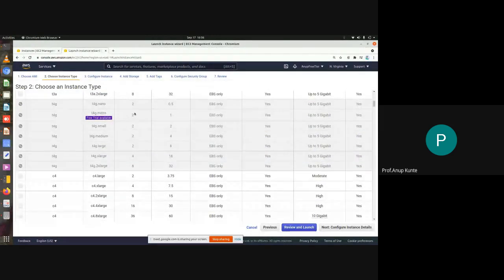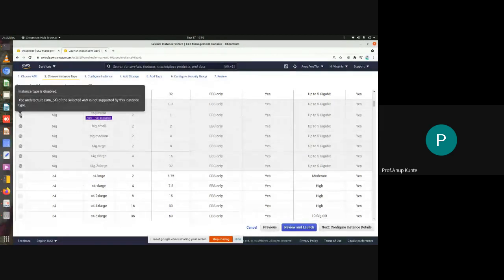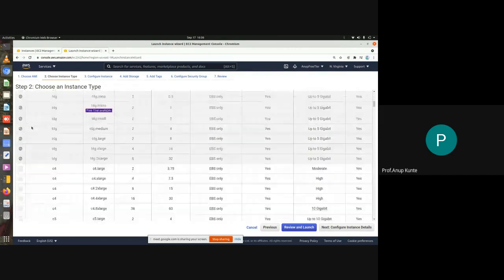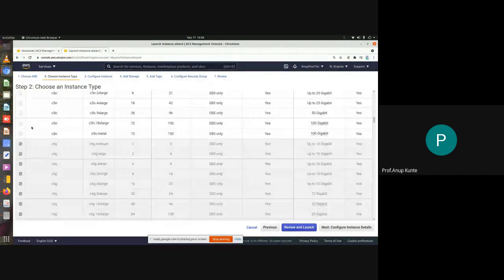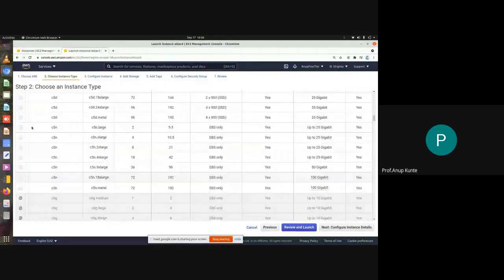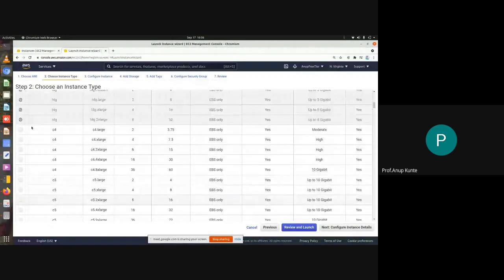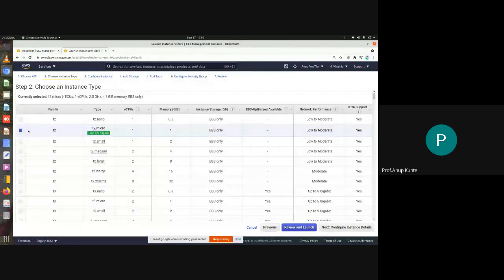Okay, memory is 2 GB, so memory is greater, but you see that this instance type is currently disabled, so you are not able to choose this instance type. Okay, so it happens, they keep on changing, rolling their instance types, and you can see how many different variants of the instances are available. Okay, let us only select this T2 type, which is default.